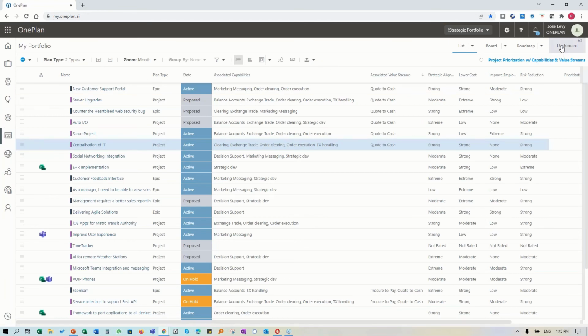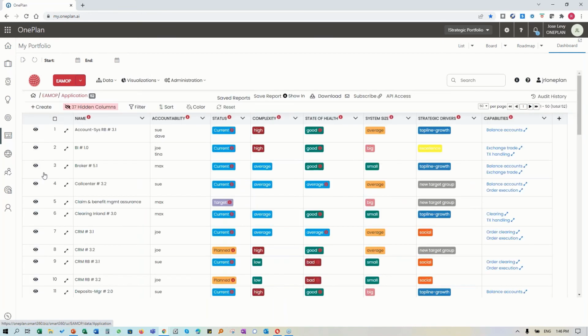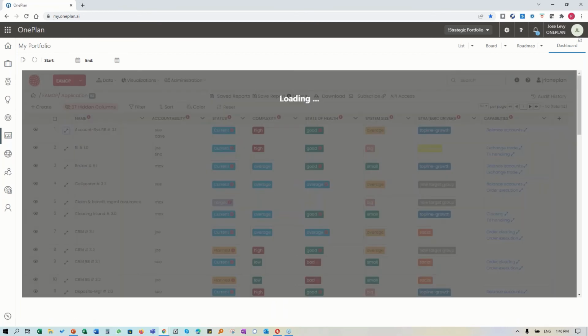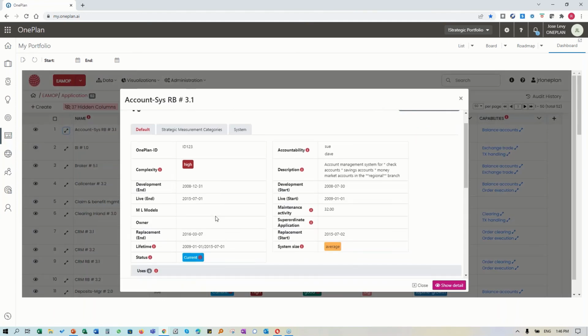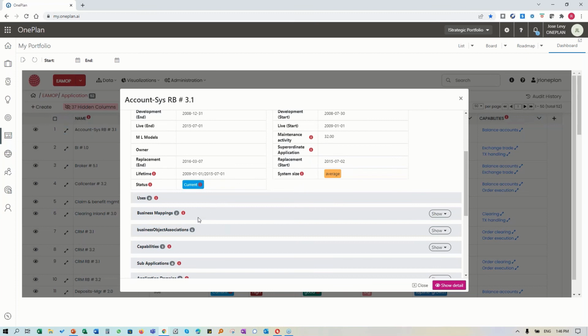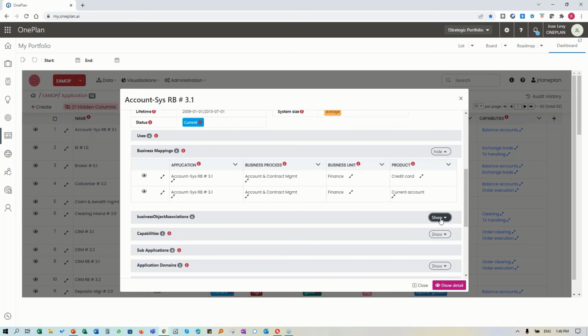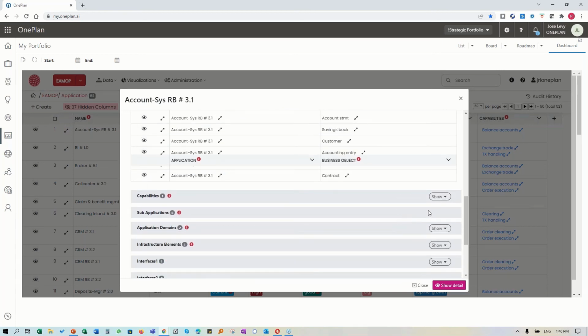So getting back to our repository, let's go here. In the repository, we've gone through and defined all of our applications. So we'll go ahead and see, just so that you can appreciate how you can literally come in and view all of the richness, all of the relationships that have been defined. Who are the users? What are the business mappings? Business object associations, capabilities,